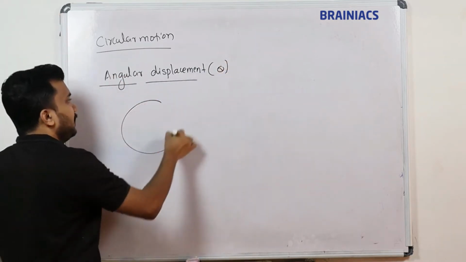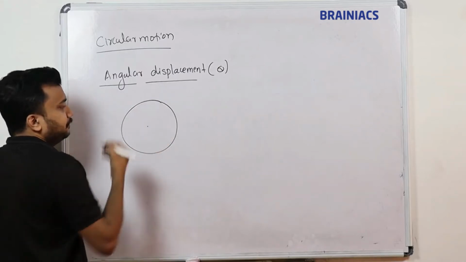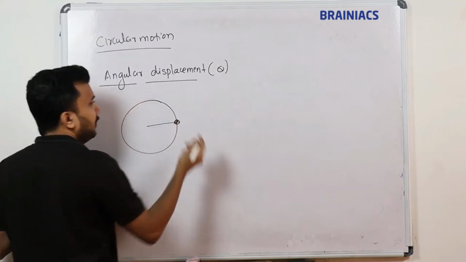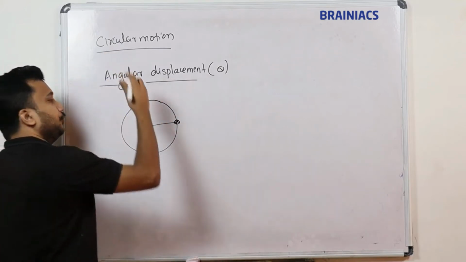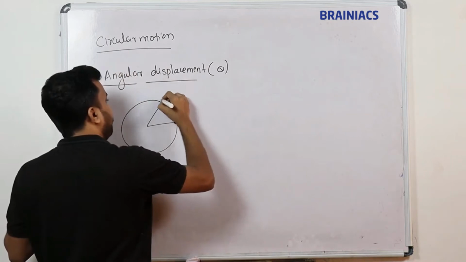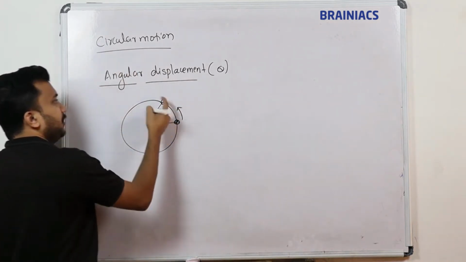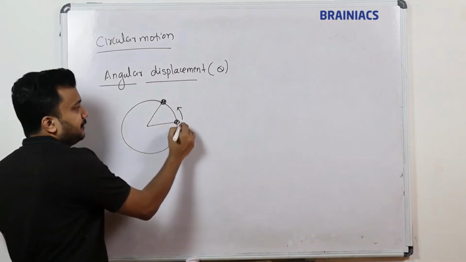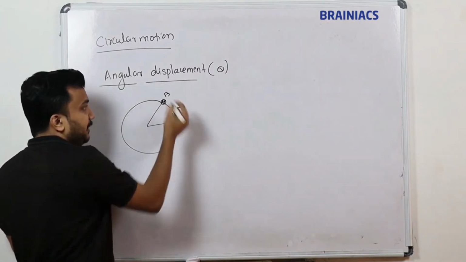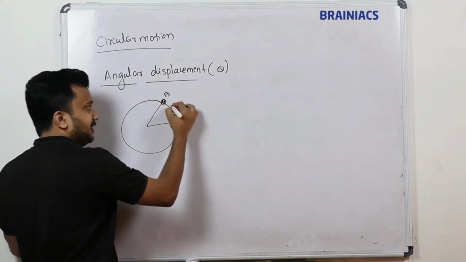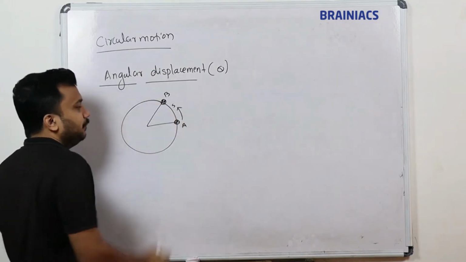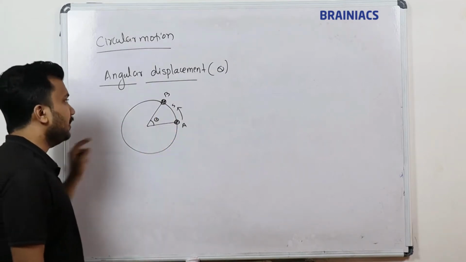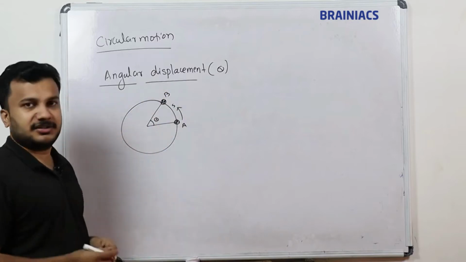Look into the board. Suppose I have a string, I am holding the string and I have a bob here, and I am rotating the bob a few angles away. Now the bob will be here. I rotate it like this from here to here. Now the bob position is away. The distance from this A to the position B, this curved length, is called S, and the angle through which it is rotated is called theta. Now this theta is called angular displacement.